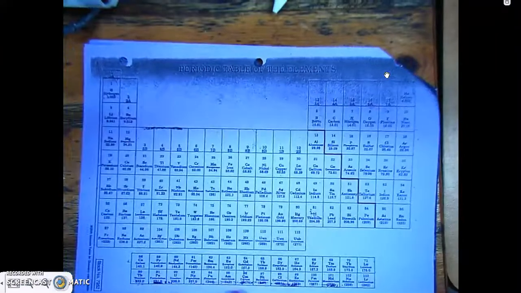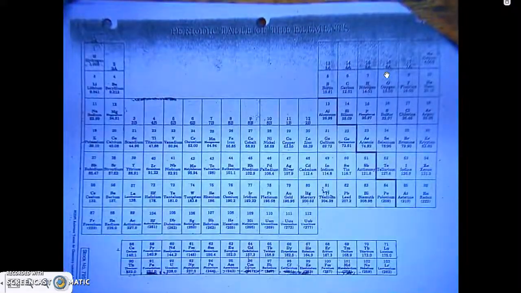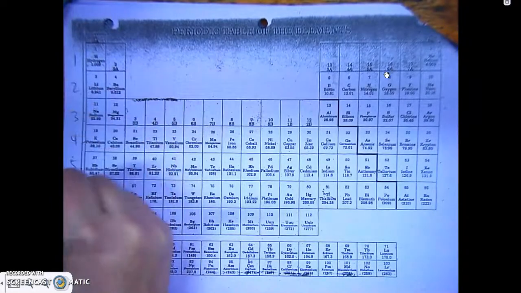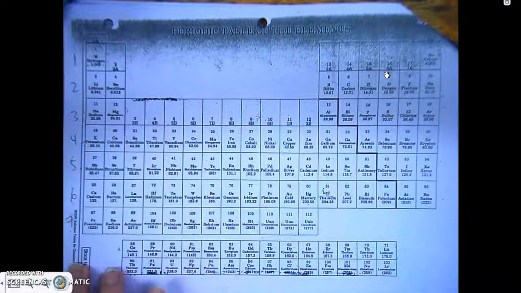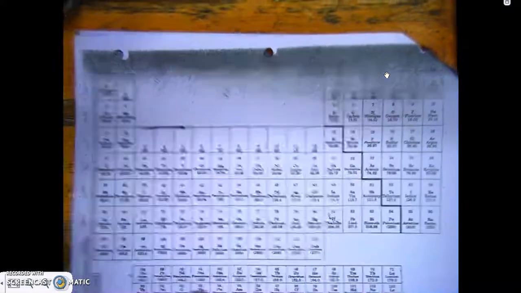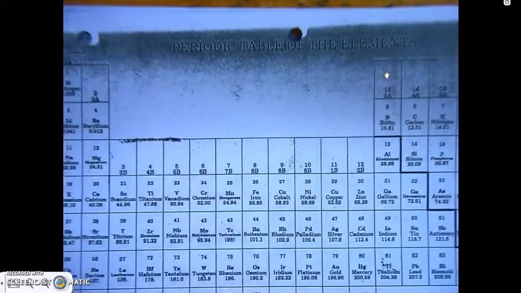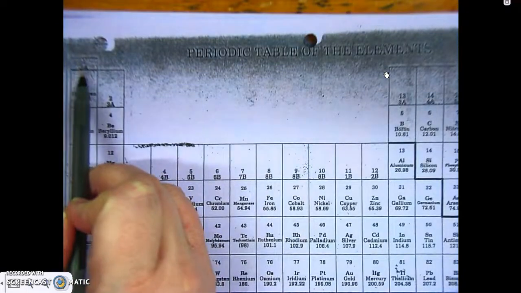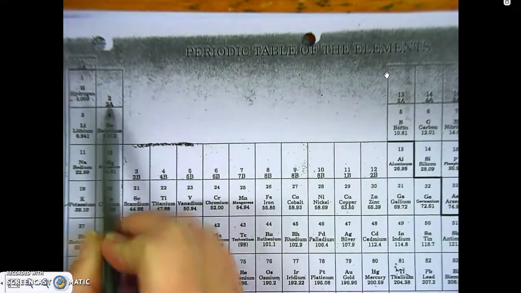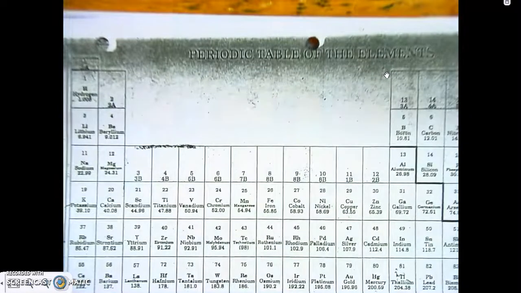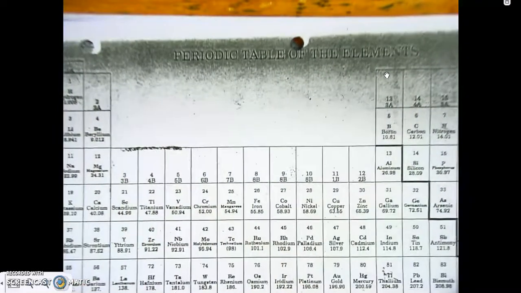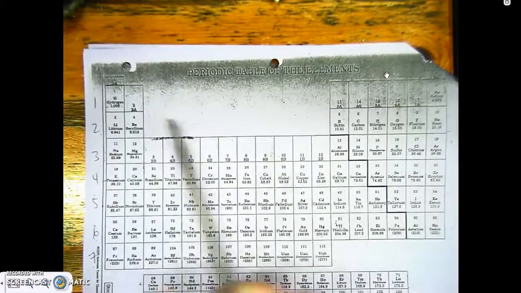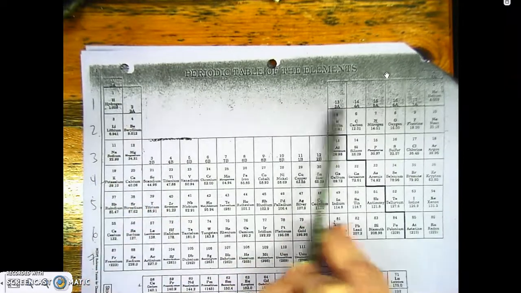So if you look at our periodic table here, we have our rows, and most likely yours are already numbered because of doing the electron configurations in the last unit. So there's 7 of them, 1 through 7. But then if we look closer, it's kind of hard to see, so let's zoom in. You can see there's different numbering systems at the top of the columns. So this says 1 or 1A. This is 2 or 2A. So the 2 different numbering systems we have go from 1 all the way to 18 on the right hand side, or we have the A's, which are 1A, 2A, 3A, 4A, 5, 6,